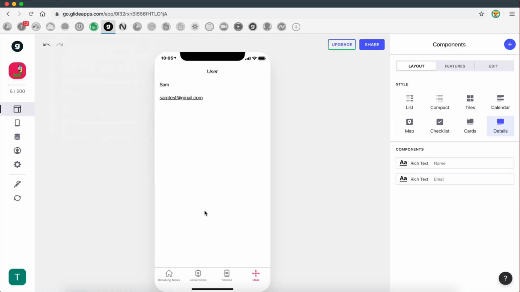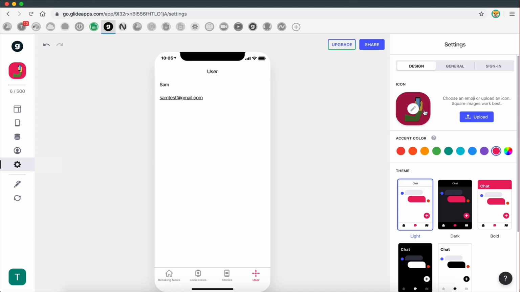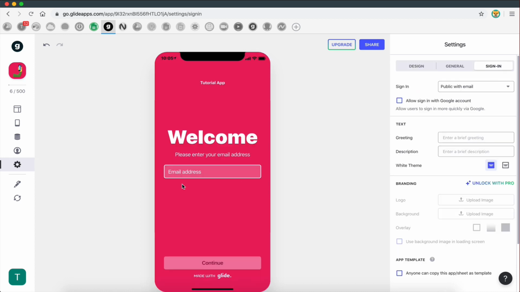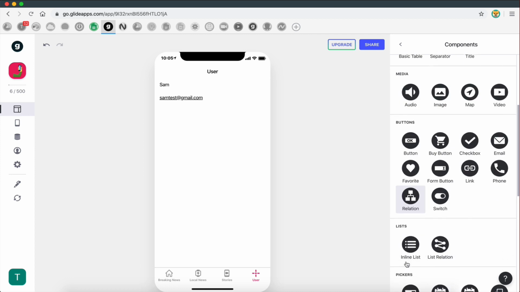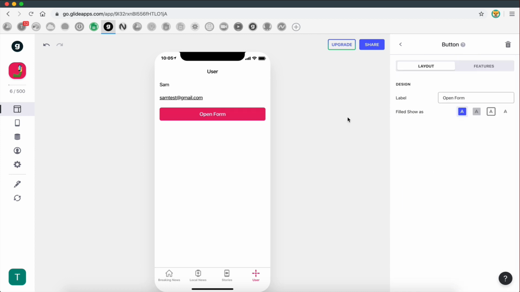So the way we're going to do this, first of all, we are able to get their email because that's the method of signing in. When they enter their email on the login screen here, the app will know their email. So the next thing we need to do is create a form to capture some more data about the user, right? So we're going to go here and we're going to create a new form, right? So form button, and I'm going to call this, in reality, you can actually call this create account. I don't like using that definition because